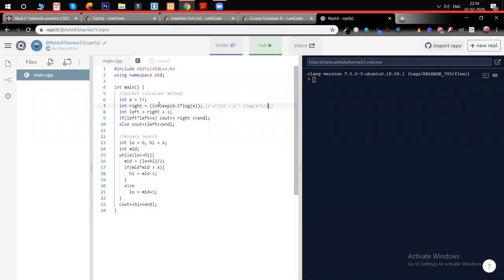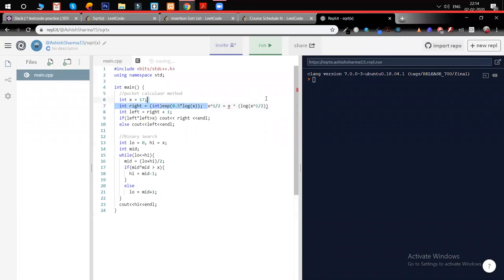Then I typecasted it into an int, incremented one value for the left part, and checked whether left into left is greater than x or not. So the main trick is this only, and we should know basic logarithm functions.